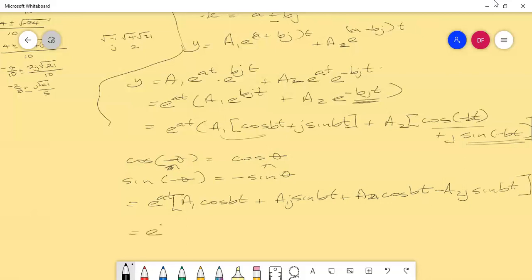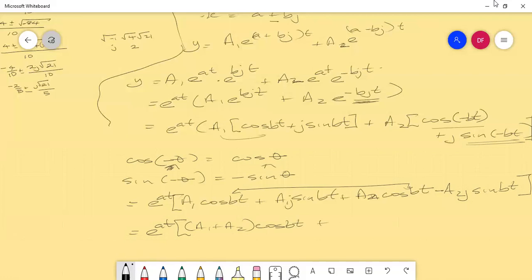Getting to the point: this is a1 plus a2 cos. We're putting the two cosines together, so that's a1 plus a2 cos bt